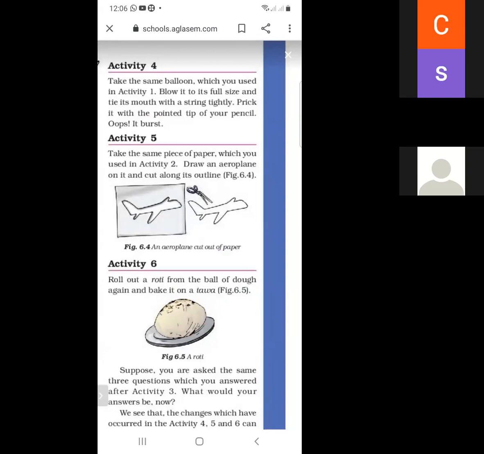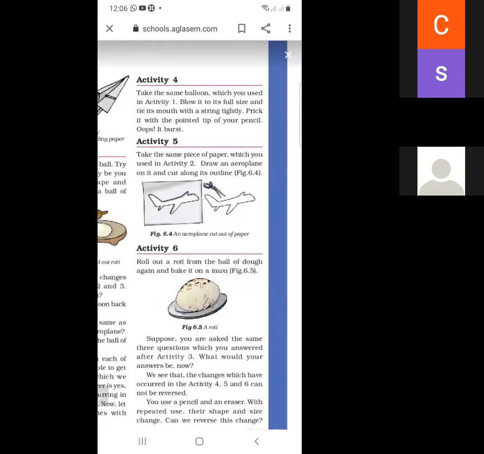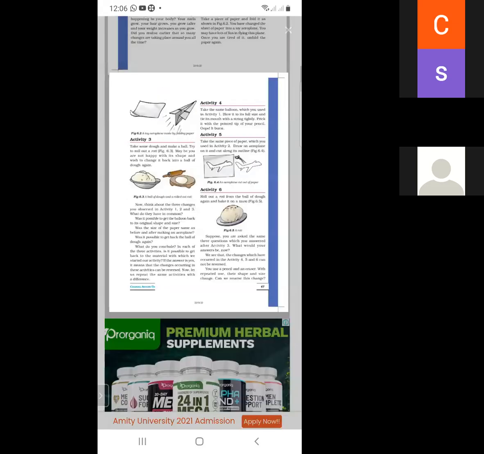From the burst balloon and the aeroplane, we cannot get back the paper because it has been cut by the scissors. And when the roti is baked, we cannot get back the dough again. So these are irreversible changes.